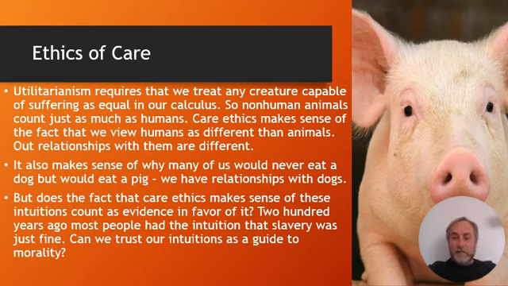Well, we're much closer to other humans. That's why we treat humans differently than animals, why we don't count animal pain as the same as human pain. We just aren't as close. We don't have the same kind of relationship with animals, right? But interestingly, some animals we do. We are very close to our dogs and our cats, and we are much more empathetic with them. That makes sense of why most of us would not eat a dog or a cat, but we might eat a pig, right? Most of us just don't have a close relationship with any pigs.